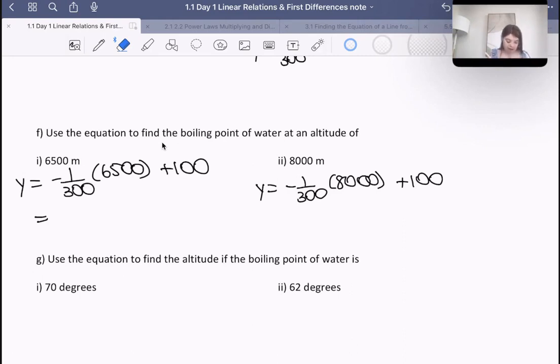So I was adding them both as though they were positive. It was not positive. So actually it should be 78.33 if we round off. My apologies. Okay. Anyway, so 8,000 divided by 300 negative. And then we're going to add 100 to that, and we get